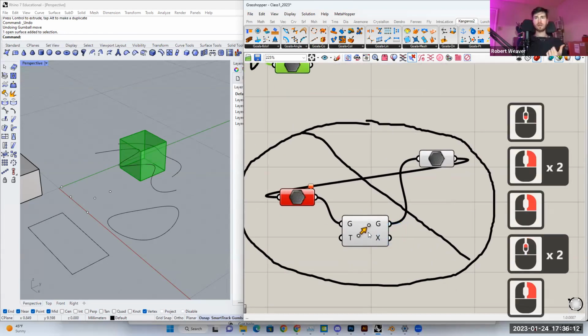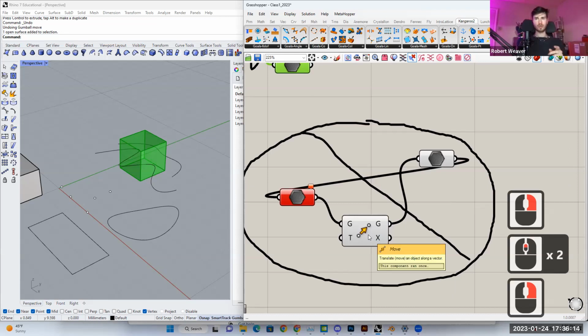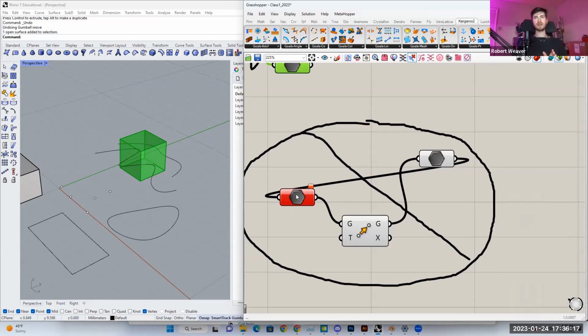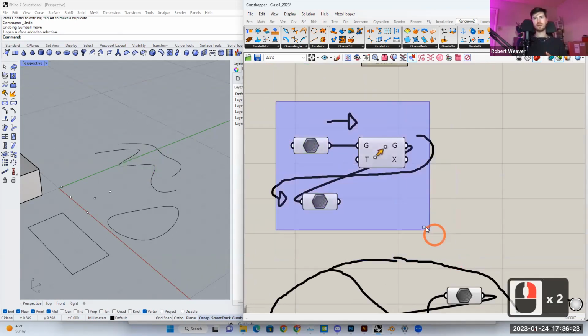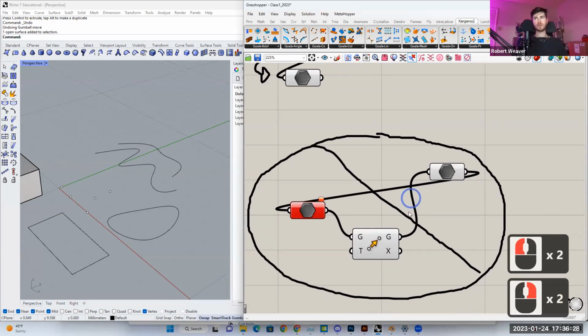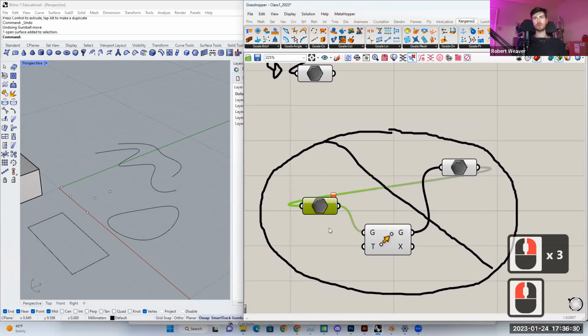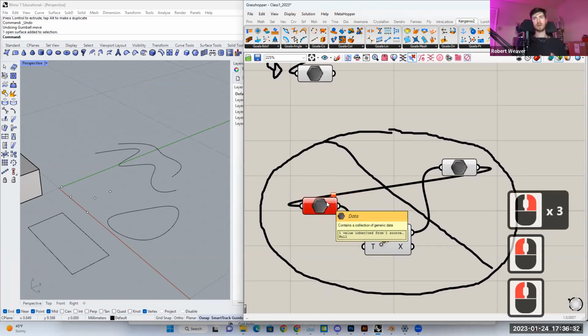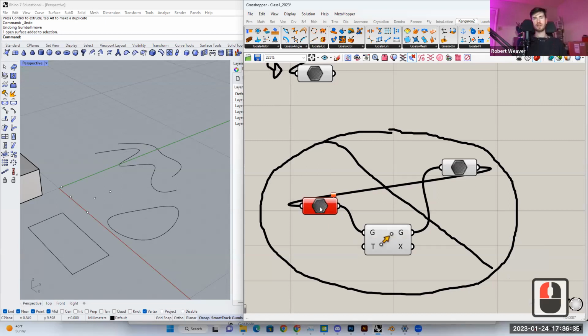Another one here, this would be a loop, which is one thing you can't do. And you'll see we get a very clear visual error here. So if anything ever goes wrong in the scene, usually, hopefully, we're seeing really good components like this that have a silvery gray color. But if there's ever an issue, you might get an orange or a red component, and that's telling you that something's wrong. In this case, what we can see is we have an input, goes to the move again, and then comes to an output. But at this point, the output is plugged into the input, which creates an infinite loop,